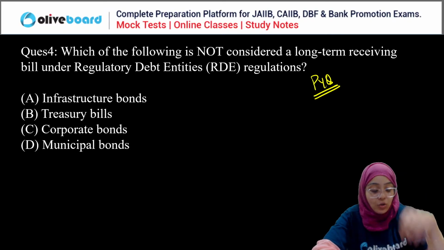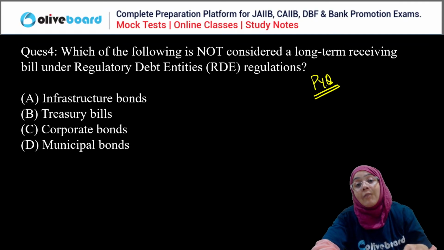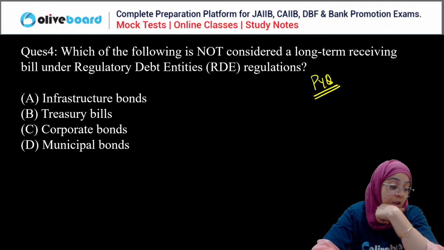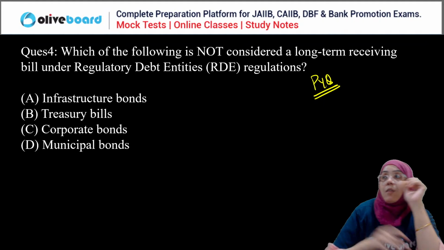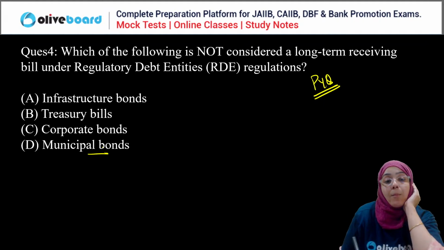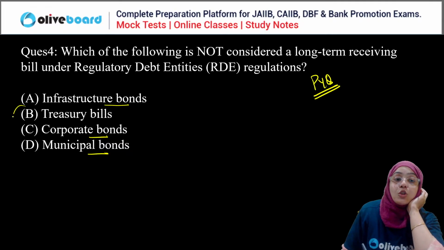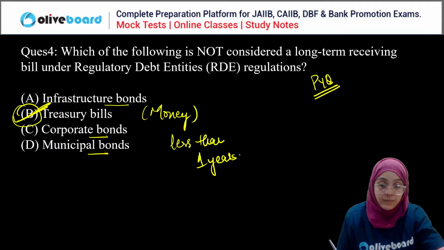You can all answer this question. Very simple, very easy question. Which of the following is not considered as a long-term receiving? See, municipal bonds, corporate bonds, and infrastructure bonds, these are the long-term receivables, right? But treasury bills are